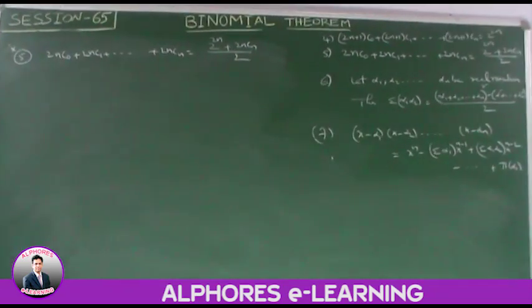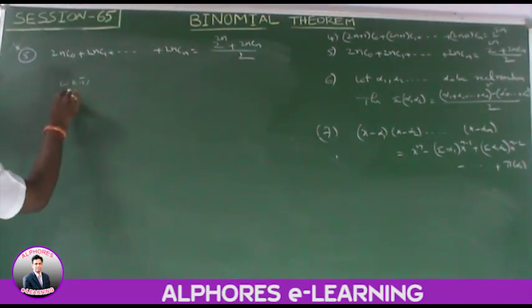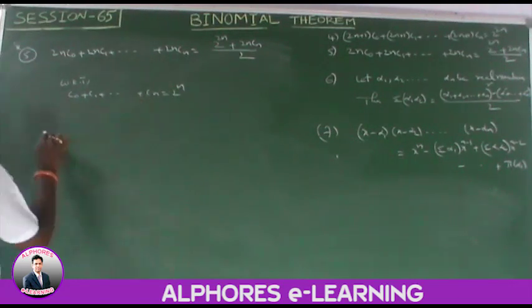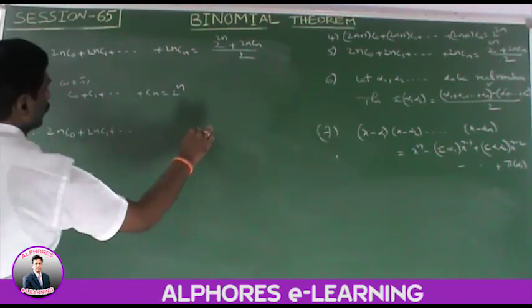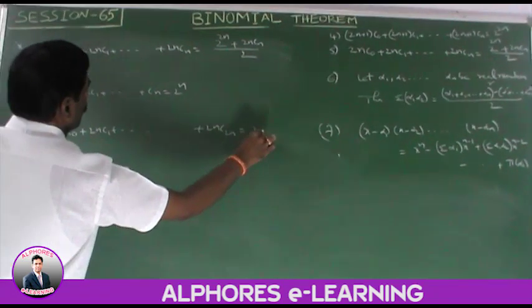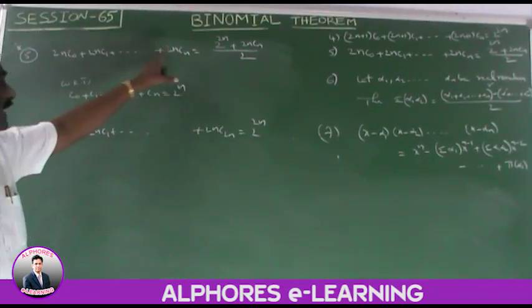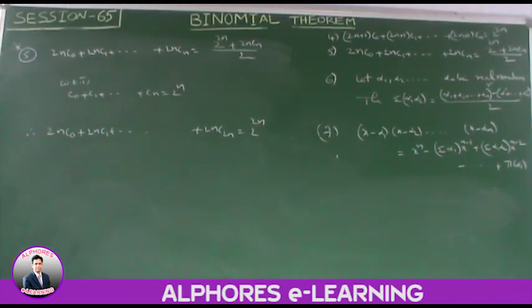Very, very important. In this case also we know that the sum of the binomial coefficients C0 plus C1 plus so on Cn is equal to 2 power n. But here, what is the binomial index? 2n. So 2n C0 plus 2n C1 plus so on 2n C2n is equal to 2 power 2n. But actually we find up to 2n Cn only. The term lies in between these values, so we separate these terms. This expression can be rewritten in this way.